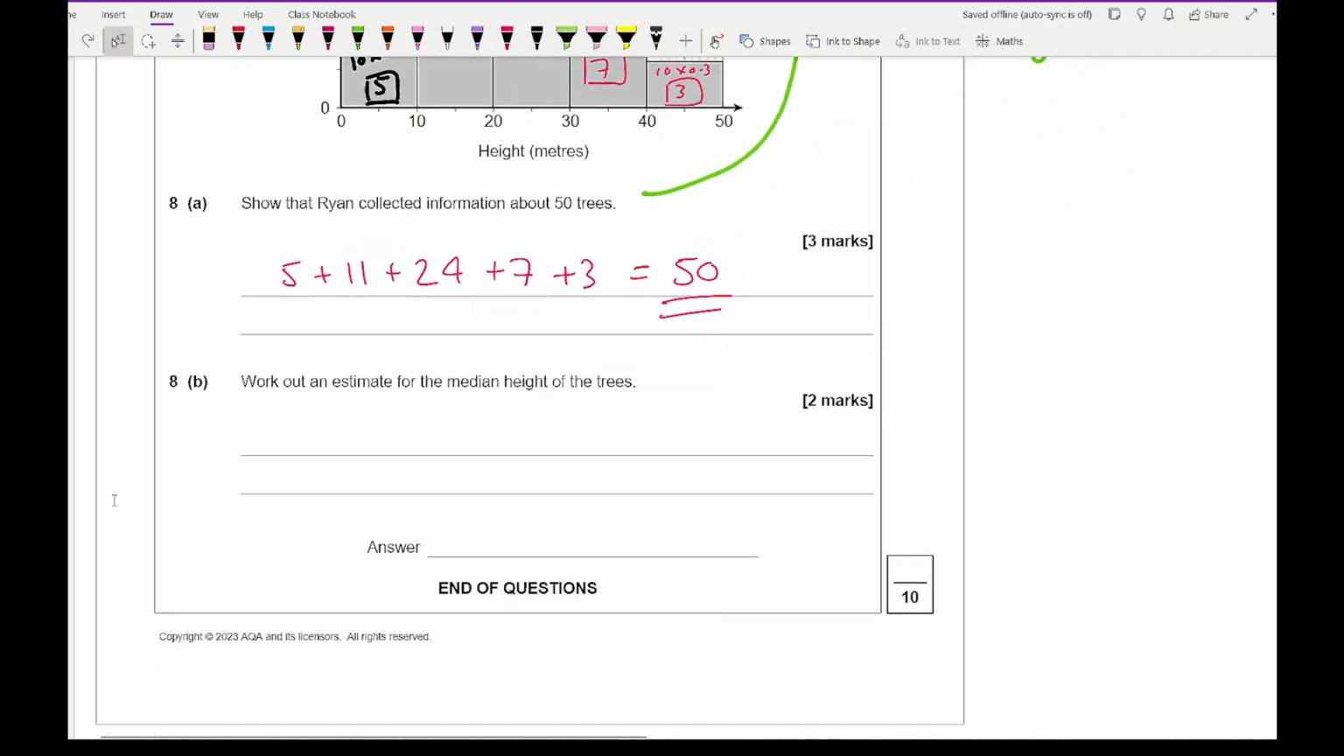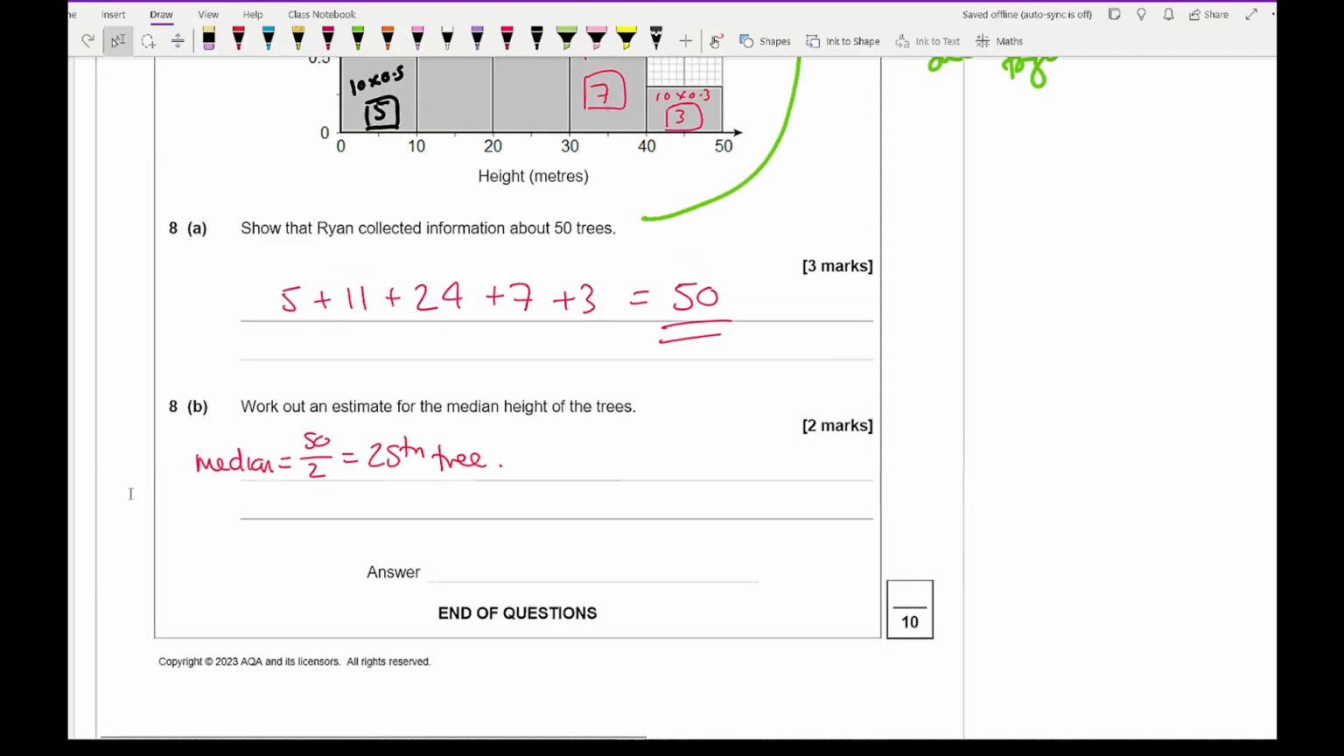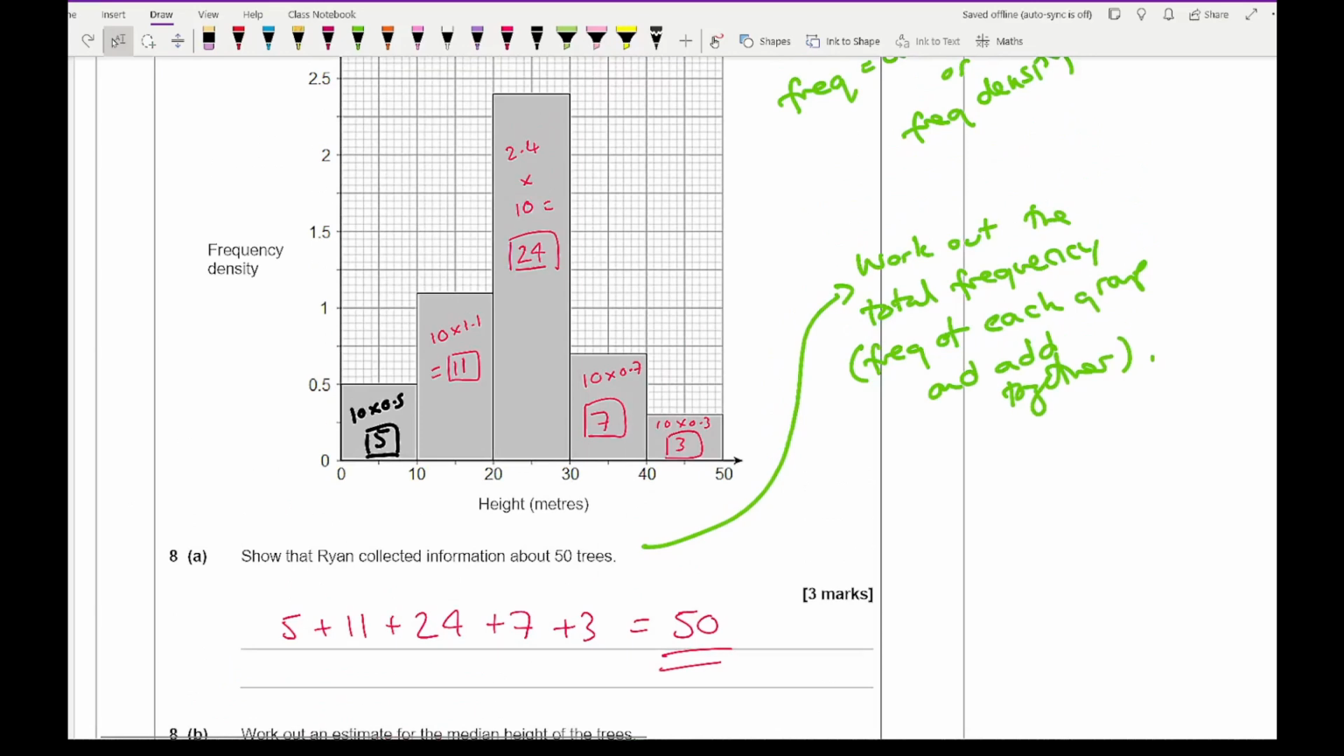Question 8b, it then says work out the estimate for the median height of the trees. So again, we're looking at 50 trees. So the median equals 50 over 2. So we're looking for the 25th tree. Going back to our frequencies, we know that it's going to be somewhere in our third block. Looking at this, we've got 16 prior. So if I've got 16 up to here, and I need 25, then I need to borrow 9 from this block. So I need the first 9